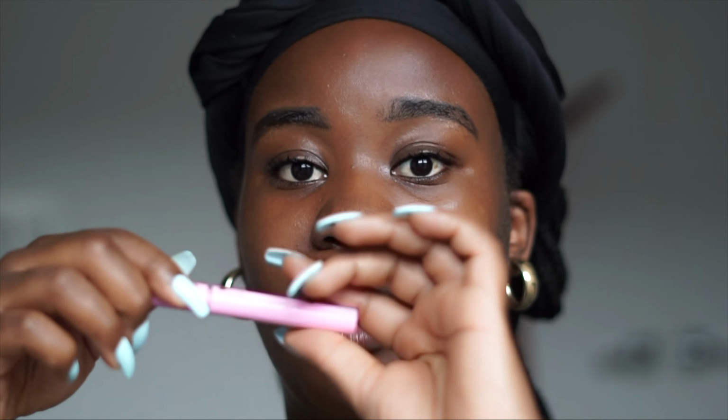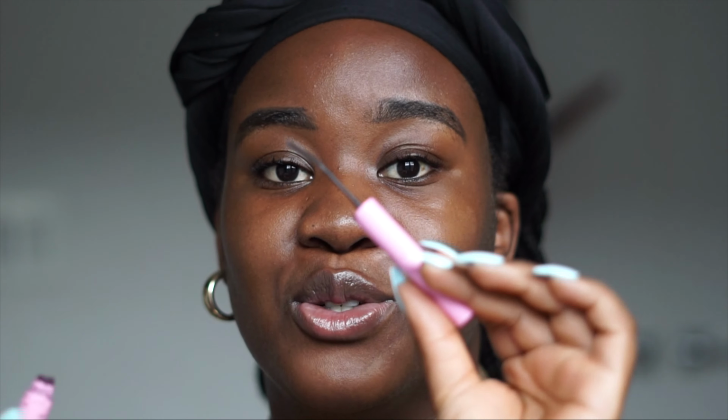Like, there's too much admin with this brow. Honestly, this one, I love this product so much, but the fact that it gets hard every single time and you have to melt it down, I'm just like, sounds like too much work. So sometimes I skip this and I just use this because the brow gel is already on a little spoolie brush,